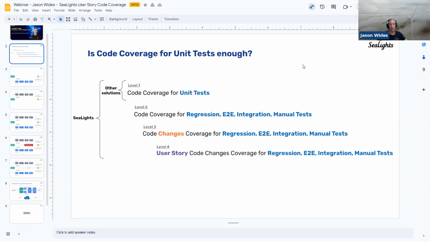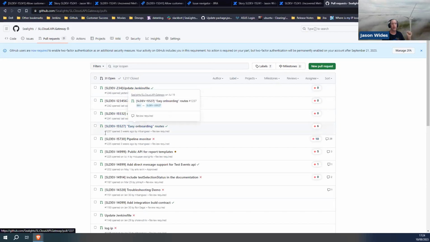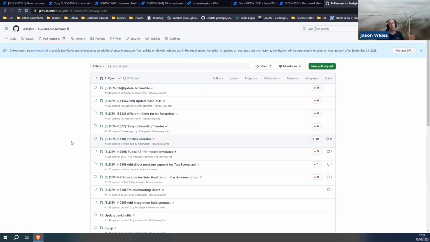Let's just go out of the full screen. So if we come over here and we look at our GitHub, we can see that for every pull request that was made, and every time we commit, we're adding the ticket in the commit itself. And based on that, we create the link between the code and the ticket itself. Because we're measuring the code coverage, and we know the code coverage for the various code, as long as we can get the link between the ticket and the code, we can provide you the coverage of that ticket,